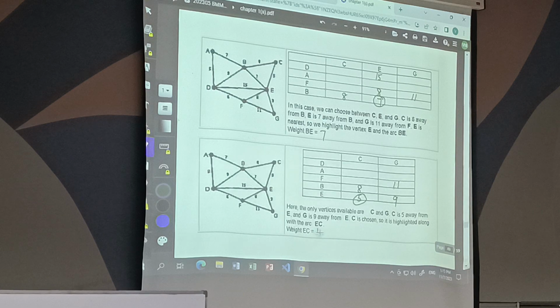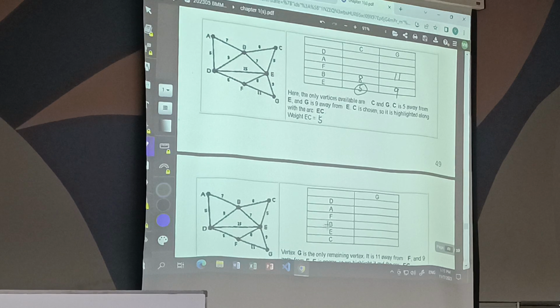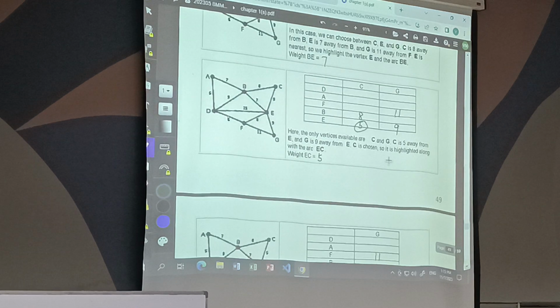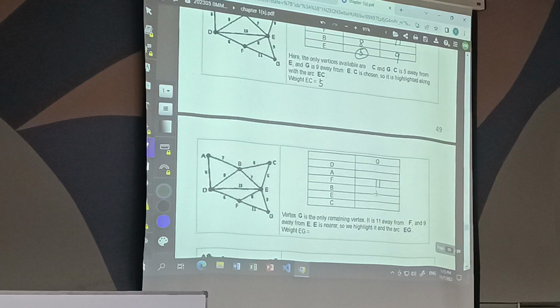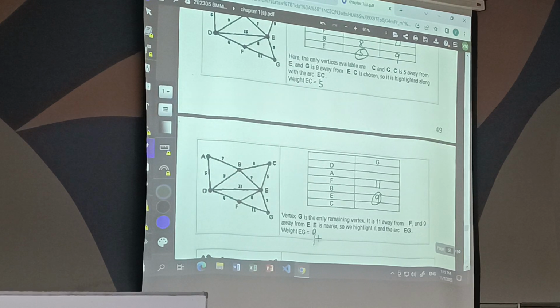Minimum 5. Okay, EC 5. Include the C now in the 6th row. So we have D, FG, right? FG is 11. What else? EG 9. C, we don't have already. So the minimum will be EG 9. Okay? No more column can be added, right? So that means we already chose all the minimum weights from vertex D just now. Then go back, add up all,